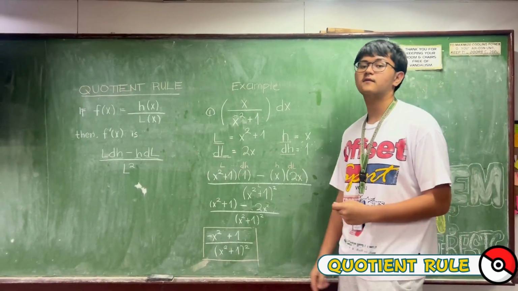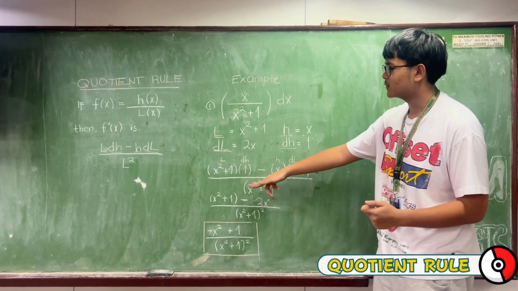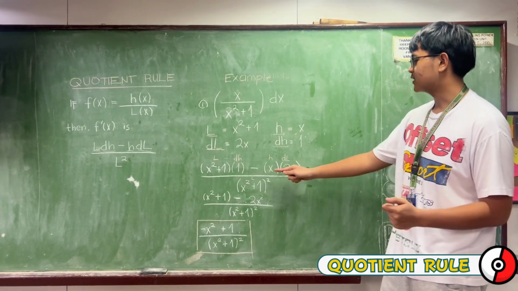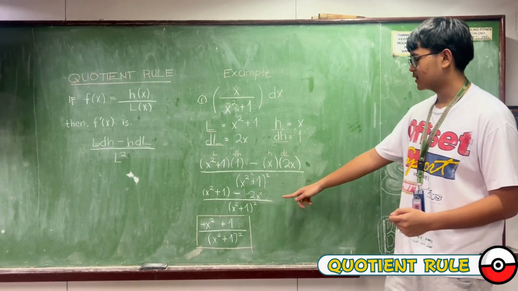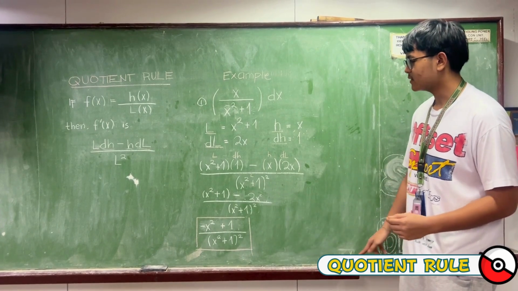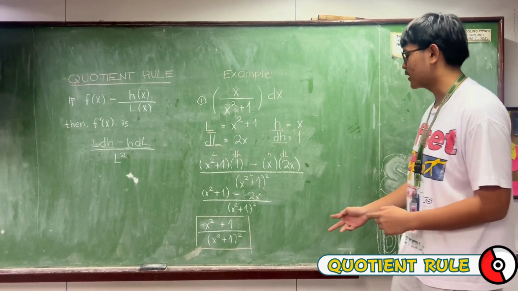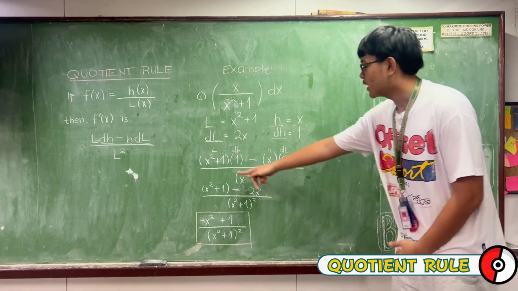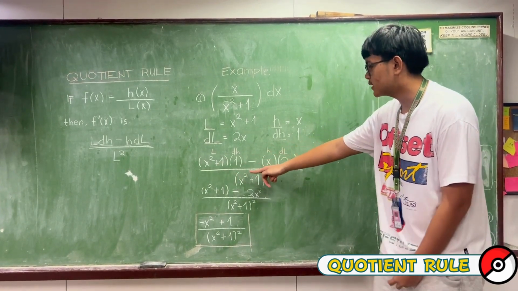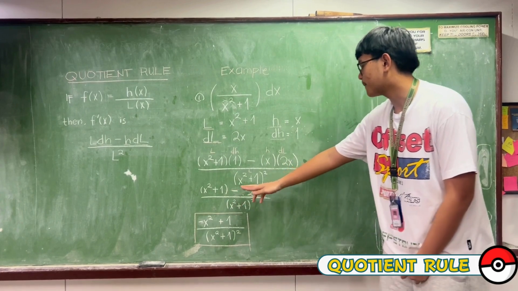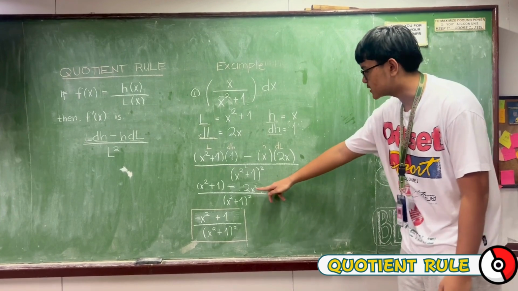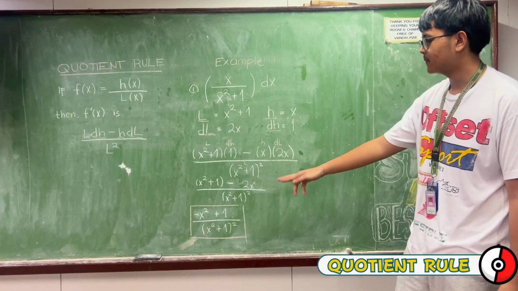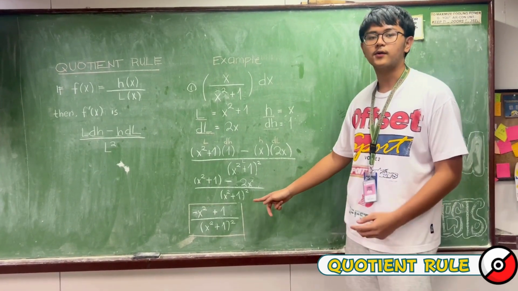Next, we're gonna plug in the values. (x squared plus 1) times 1 minus x times 2x, all over (x squared plus 1) quantity squared. Then, we're gonna do all the following operations. (x squared plus 1) times 1 equals x squared plus 1. Then, x times 2x equals 2x squared, all over (x squared plus 1) quantity squared. Then,